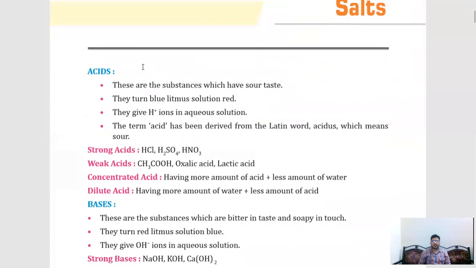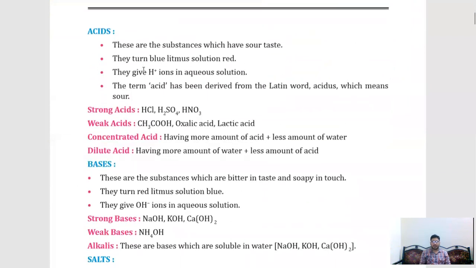So first, let us start with acids. So what is meant by acid? In 6th, 7th, and 8th class, you can find the definitions. These are the substances which have a sour taste. So the substances which have a sour taste are known as acids. Simply to say, HCl, H2SO4, all these acids, of course, these are strong acids. We cannot taste them directly. But if you see tamarind, which has tartaric acid, curd, lactic acid, lemon, citric acid, if you taste those acids,